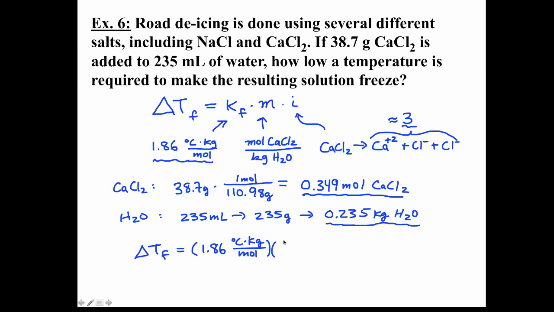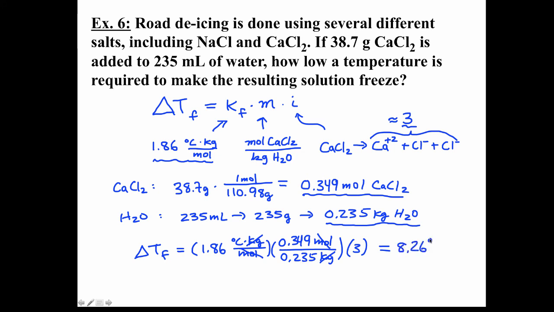Moles of calcium chloride is 0.349. Kilograms of water is 0.235. And Van 't Hoff factor is 3. And what we end up is kilograms and kilograms cancel, moles and moles cancel, and 1.86 times 0.349 times 3 divided by 0.235 gives us about